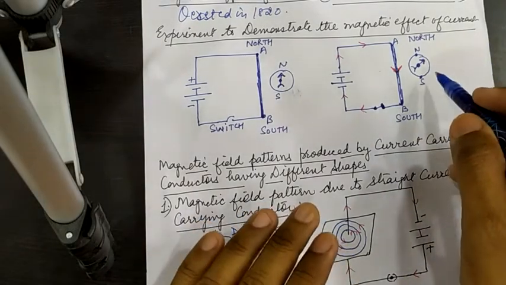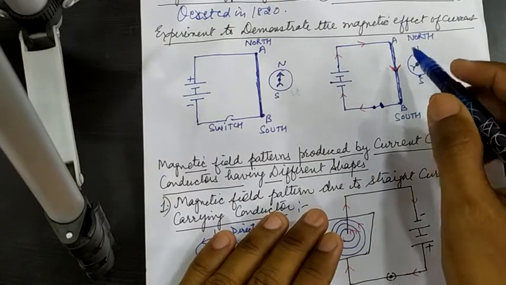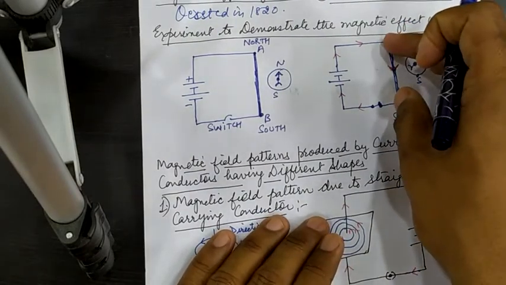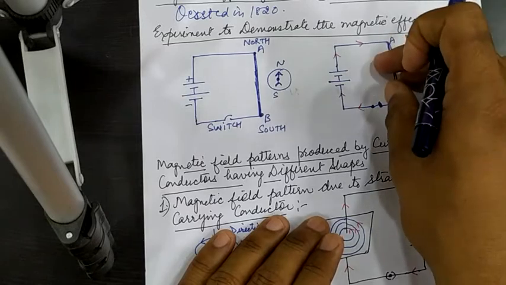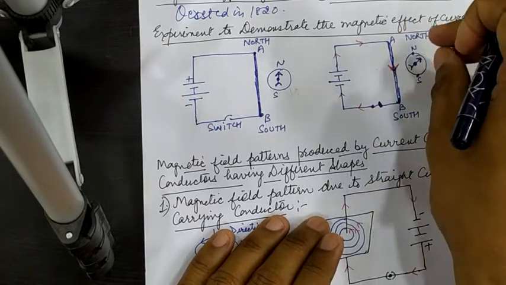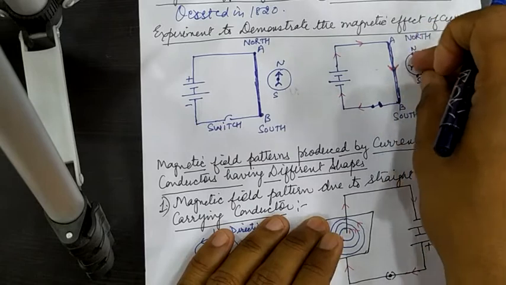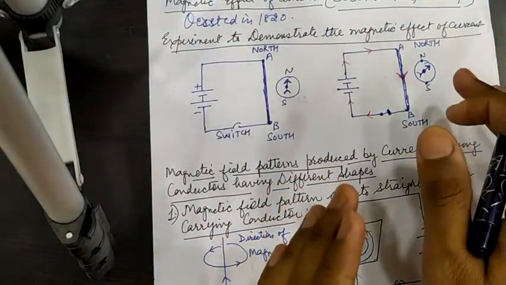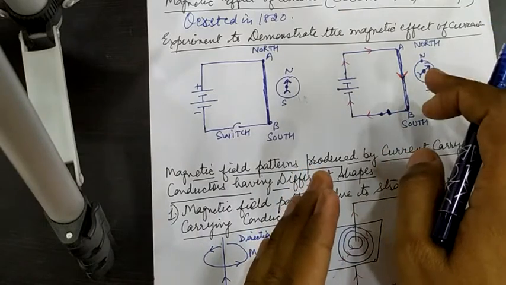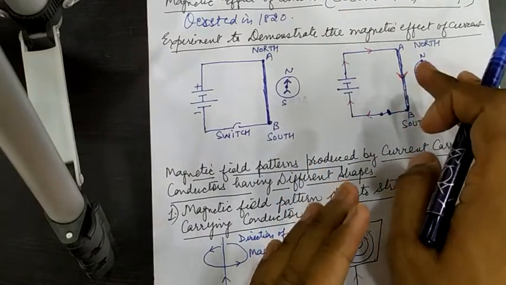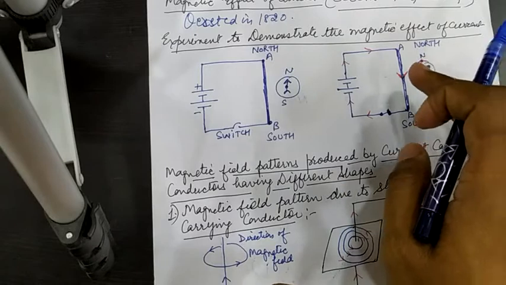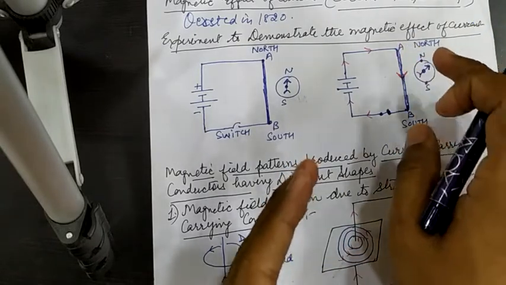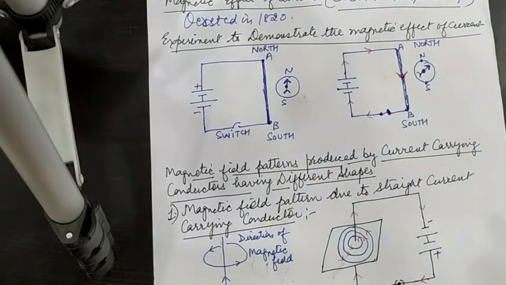Why is there this deflection? Because of the magnetism produced by the current in this conductor. That is what electromagnetism is. Because magnetism is here and the plotting compass is also there, the deflection will be seen. So the deflection of the compass needle by a current carrying wire in this experiment shows that an electric current develops a magnetic field around this wire.